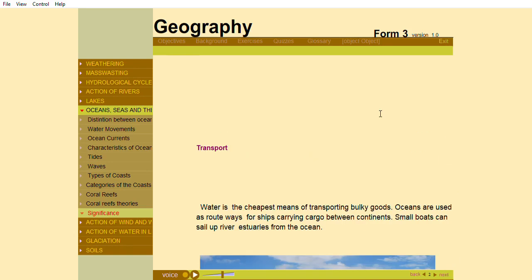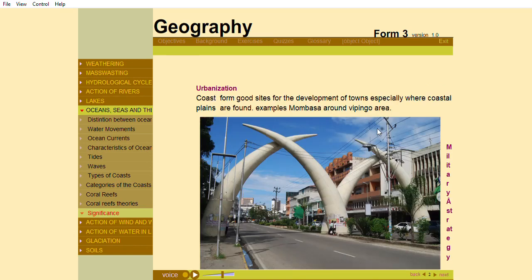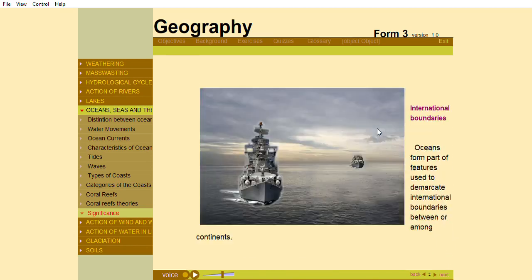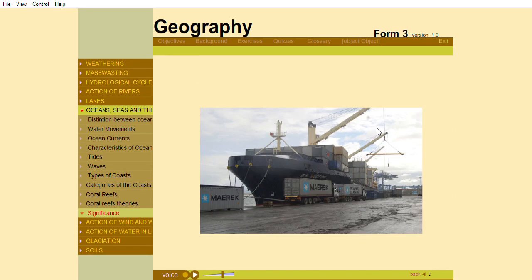Significance of oceans, coast, and coastal features. Fishing. Oceans are sources of large quantities of fish, crustaceans, sharks, and whales. These fish are found largely on the continental shelf because there is plenty of fish